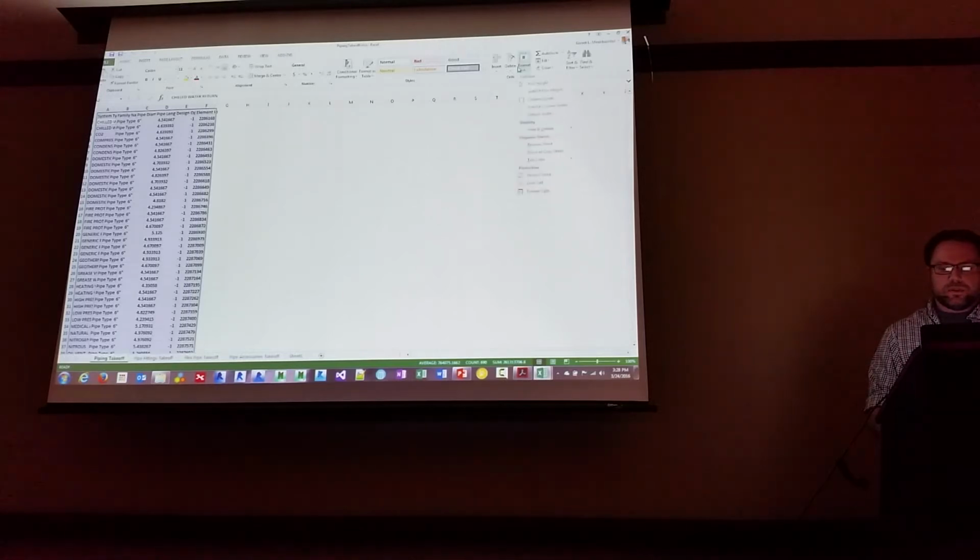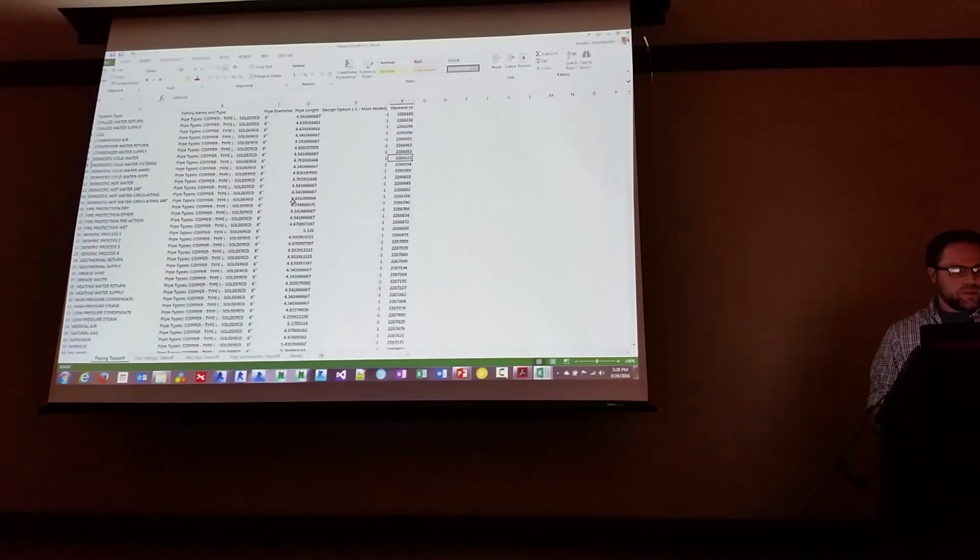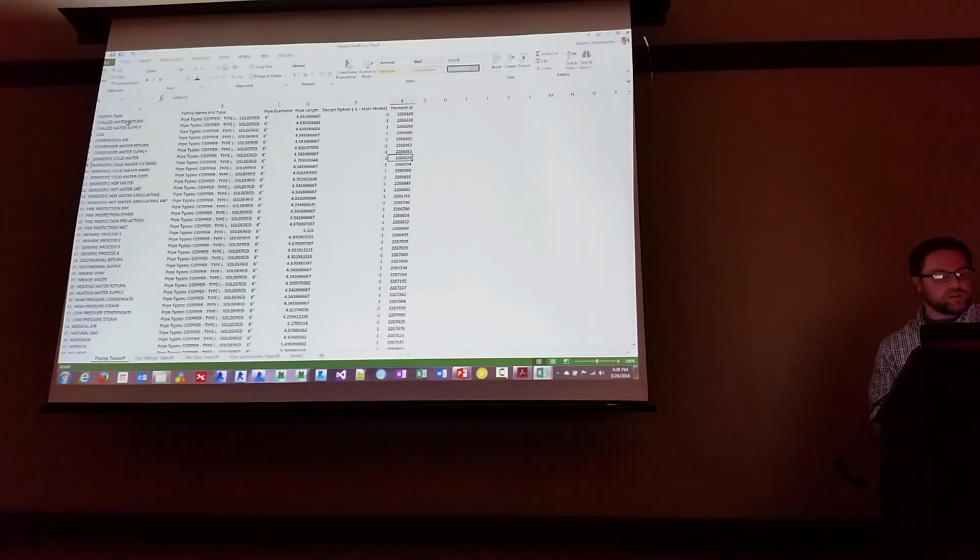First things first, this is not the final product of the material takeoff, okay? Think of these tabs as a database, right? So what did we pull? We pulled system type. We're gonna just work with the piping in here. We pull the family name and type that is associated with that system type. And please don't expect these to be the specification. I don't design anymore, so I don't really care about the specs per se. So if you see a pipe type that's not ready for the system,